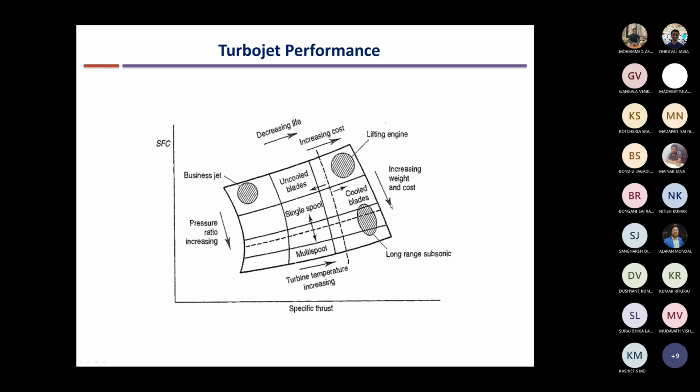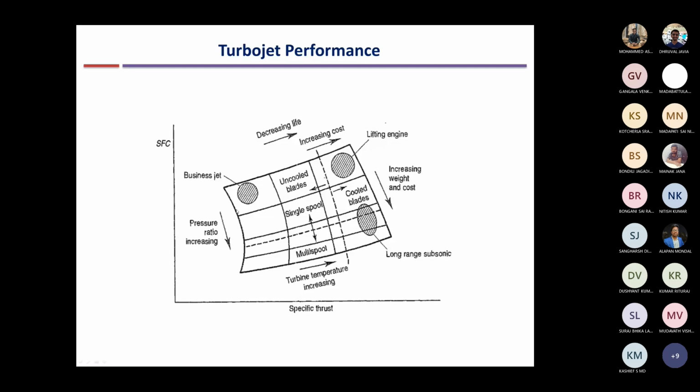With increasing pressure ratio, cost and weight is increasing. Here also cost is increasing with increasing temperature, and life is decreasing. So now you should have a very good idea about how these plots are generated, instead of memorizing. By doing design point calculation for each parameter, then varying one of the parameters like pressure ratio and redoing the calculation, then again running an outer loop and calculating for different temperatures. For each temperature, again for all the pressure ratios, the calculations. So we will ultimately be able to get a 2D map.